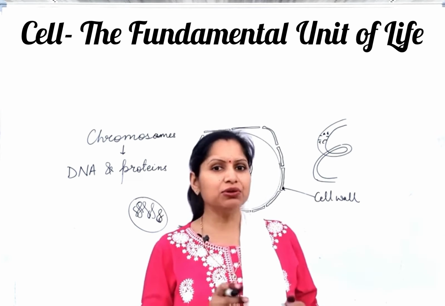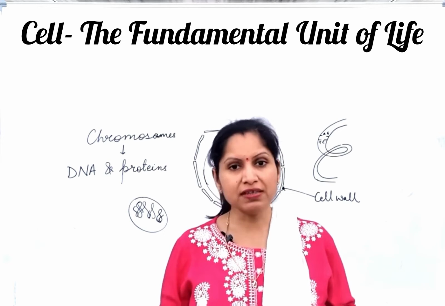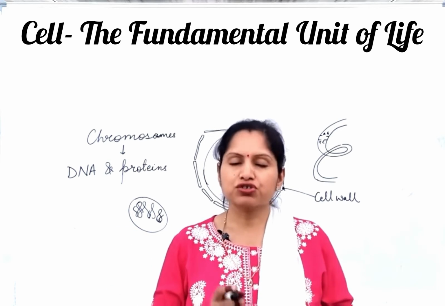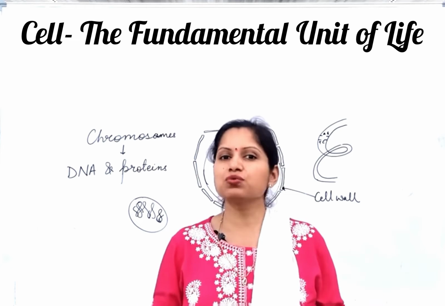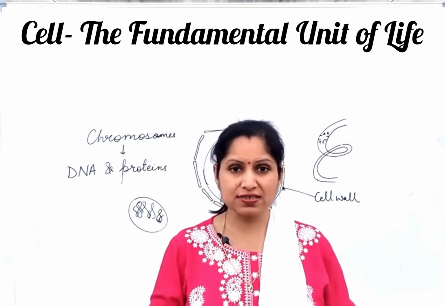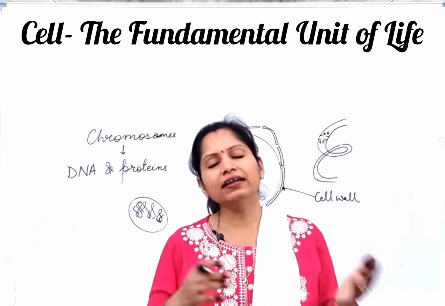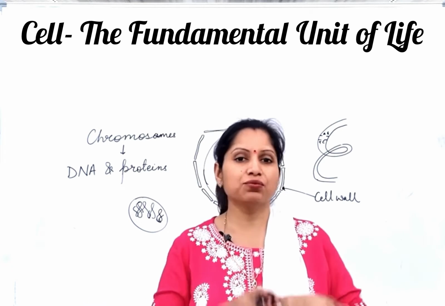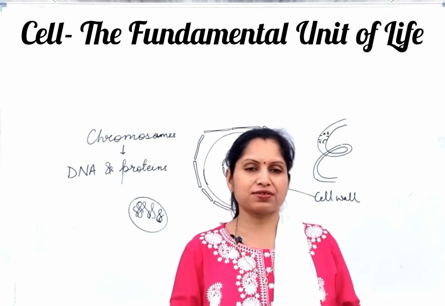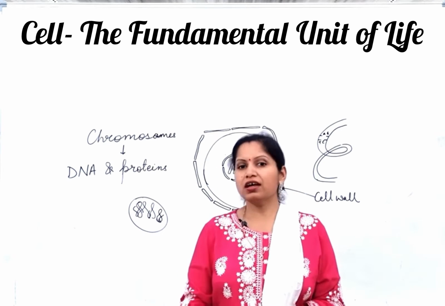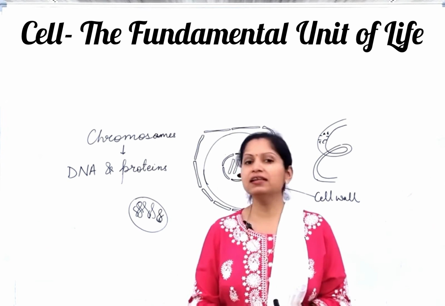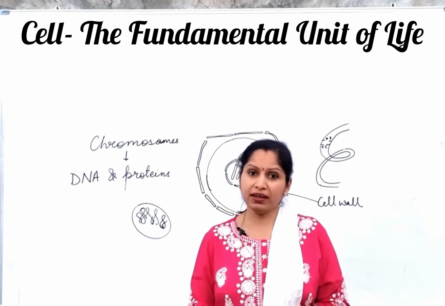Apart from that, cellular reproduction. Cellular reproduction means one cell will be divided into two cells. So the division of the cells will also be controlled by the nucleus. Whenever a cell has to divide, first the nucleus divides, and then the cytoplasm also divides, and one cell gets converted into two cells. Okay, so for cellular reproduction, apart from regulating all the functioning of the cell, this nucleus is very